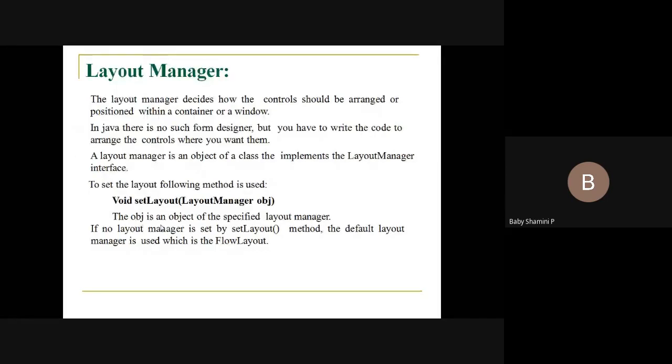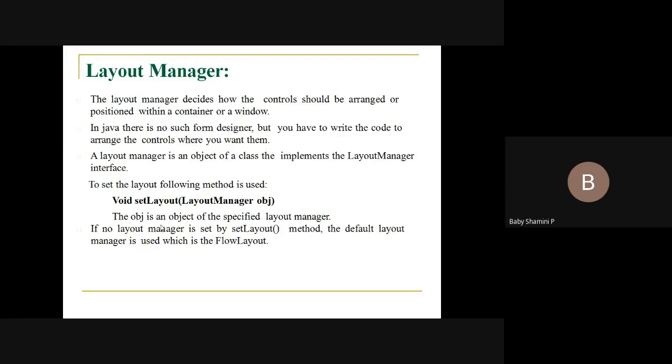Inside the container we can hold any number of components, that is we can have a button, a text field or a label, etc. So if you want to use the layout manager concept, we have to use the method setLayout.